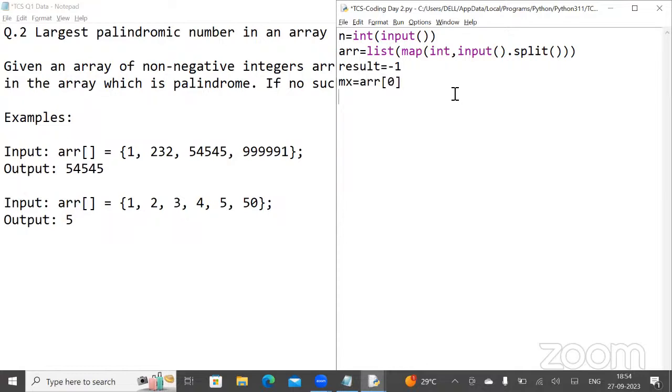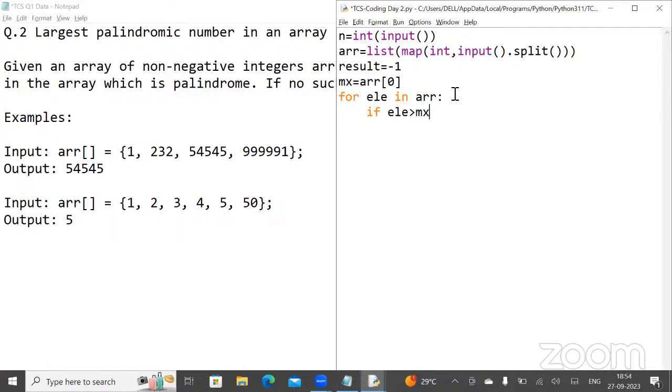Now I have to find the largest element and also the palindromic element, so let us iterate over the array. For element in the array, I check if that element is greater than the current max.